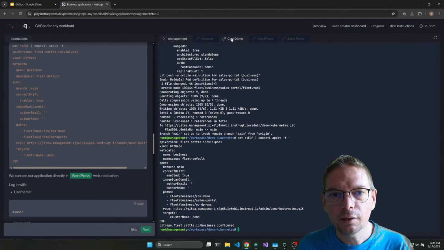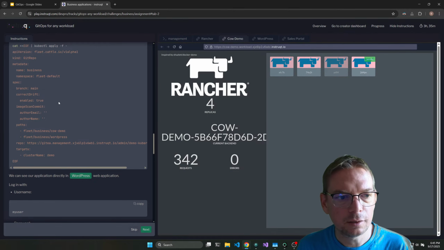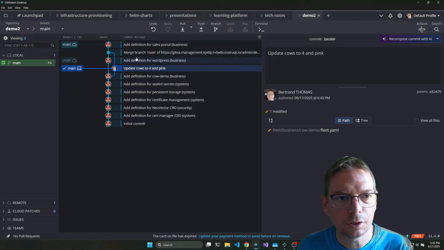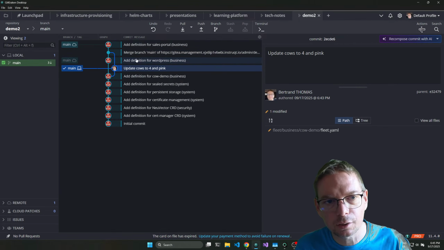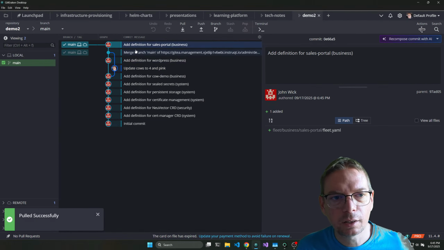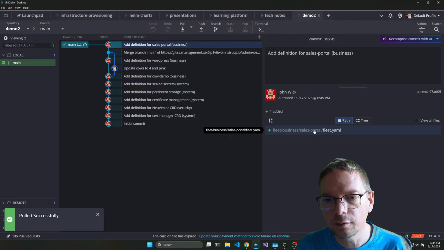So here, what I did is I defined two, and I can go back in GitKraken to see. So we've seen that I did a merge on this one. So if I go back and I do a pull, so I'm in the latest version, so I can see that I did a change